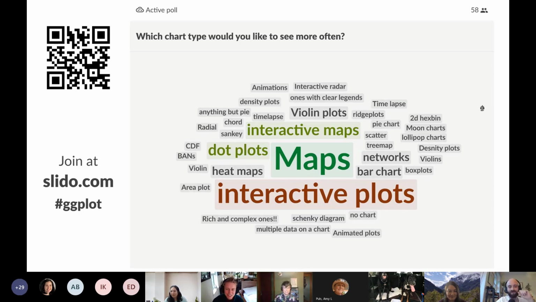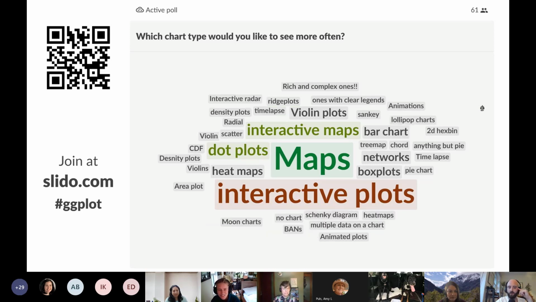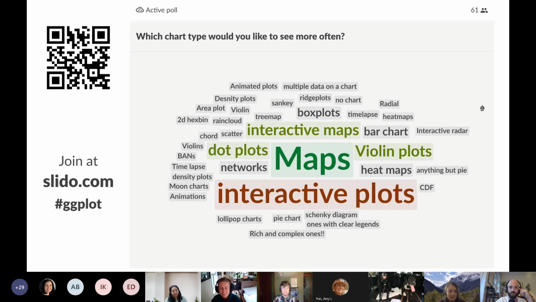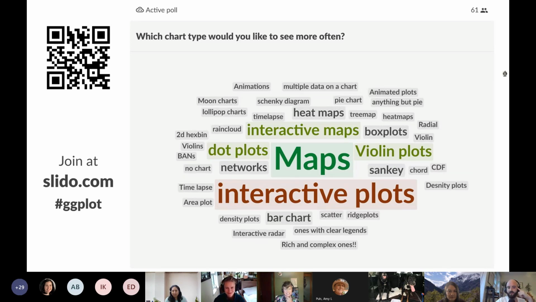Cedric, do any of these stand out to you? I mean, it's interesting. Not sure if people really got them more often, because I also see bar charts. I think networks are coming more and more because it's also computationally easier and easier. Lollipop charts, yeah. So my favorite chart type, I think currently, is dumbbell plot. Also not that rare, but I'm really doing it a lot currently for all types. Yeah, maps are great, of course, but only if you have the data for it. That's often the problem.